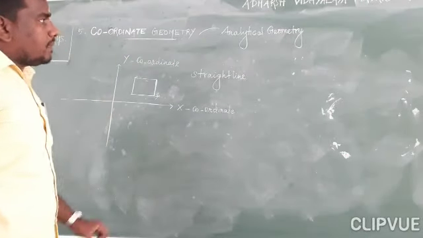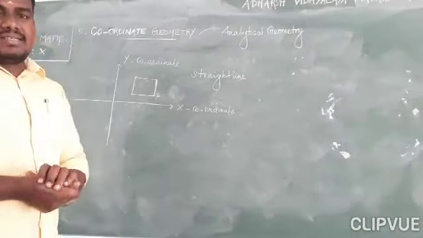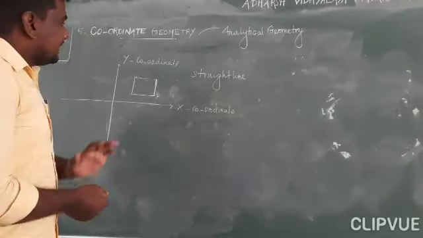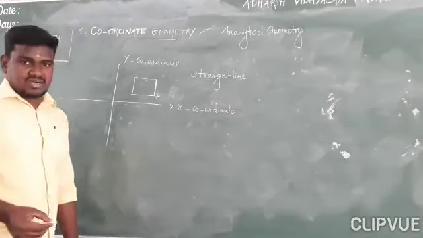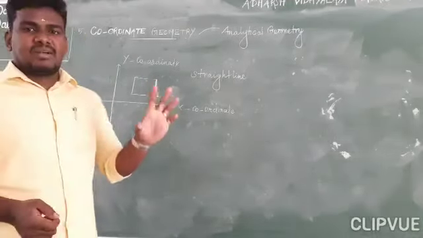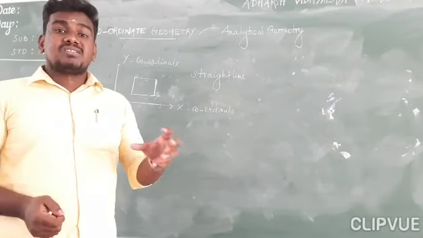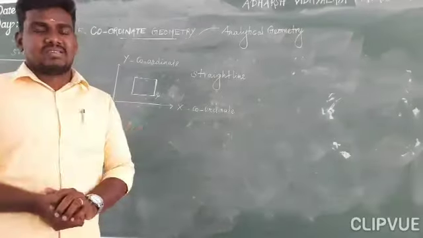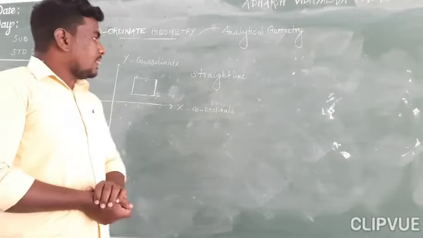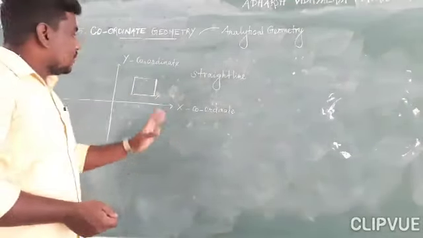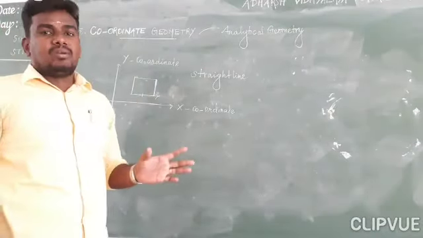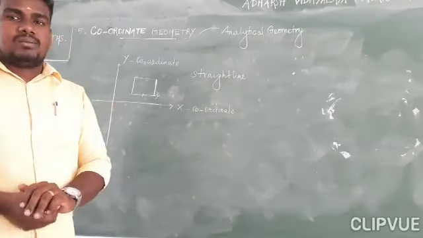Actually, coordinate geometry is the bridge between algebra and geometry. How? Here we are going to describe the equation of the straight line. We represent the curves and mathematical shapes by using the concept of algebraic equations. That's why we say this is the bridge between algebra and geometry. So, straight line equations, and where the point intersects the line segment, and we are going to learn many things. We'll see one by one.